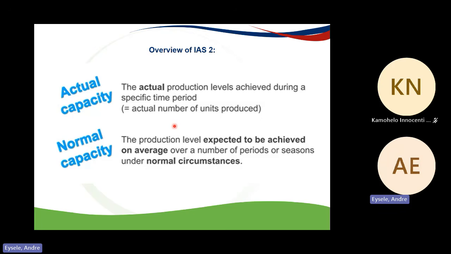You know that in a given period, you can make 10,000 units. So what's your allocation rate? Your allocation rate will be 12 Rand. How did we get that? We said the fixed production invoiced amount is 120,000 Rand, and we divide it by 10,000 based on normal capacity. That is how we can allocate fixed production overheads to the unit, the cost of the unit.